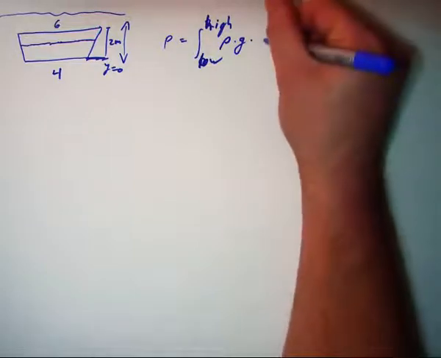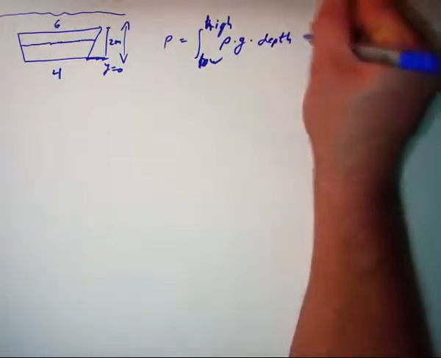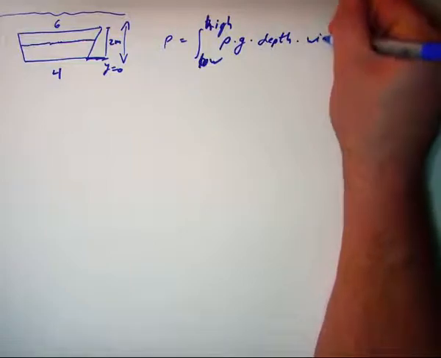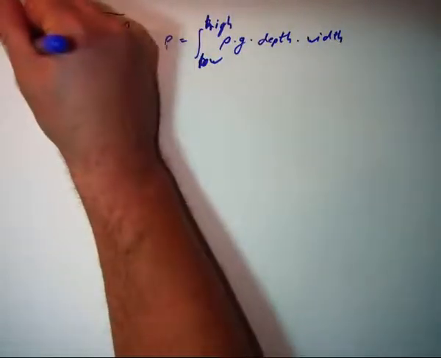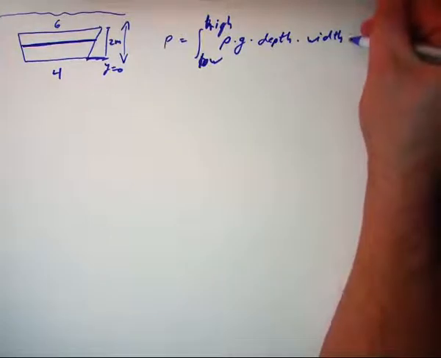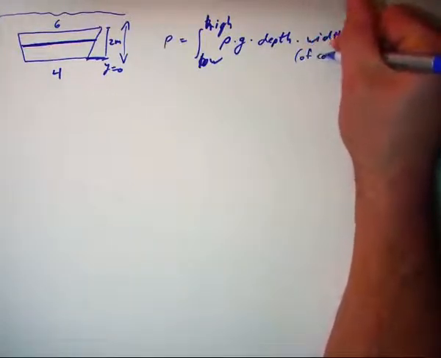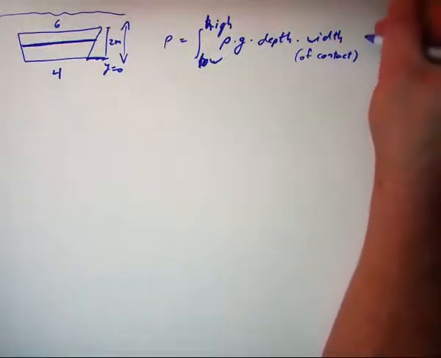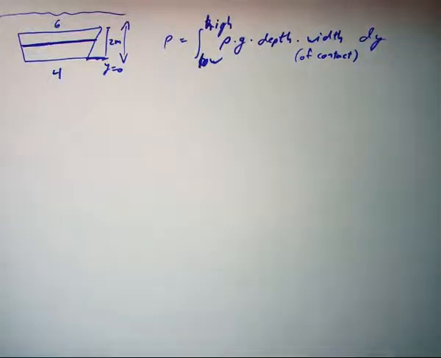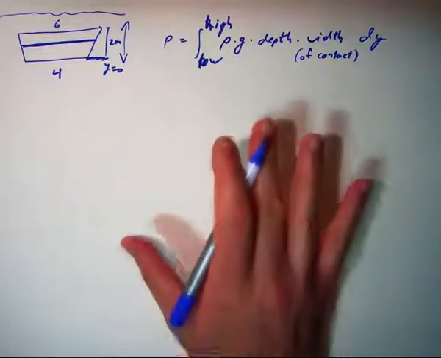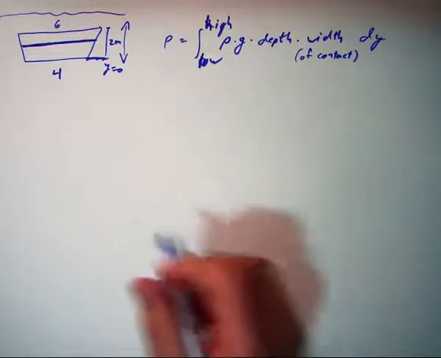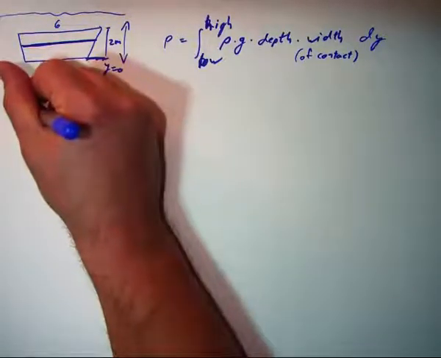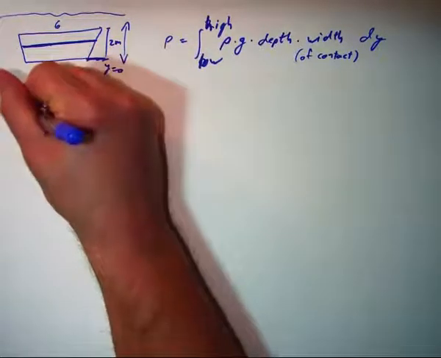And then we need the depth of the liquid, and we need the width of this line, the width of contact, might be a nice way to look at it, dy. And that's it. This is the entire idea. By the time you're done with the emptying and filling of tanks, this application is trivial. This one becomes very straightforward because all we need is to look at this and say, all right, we have